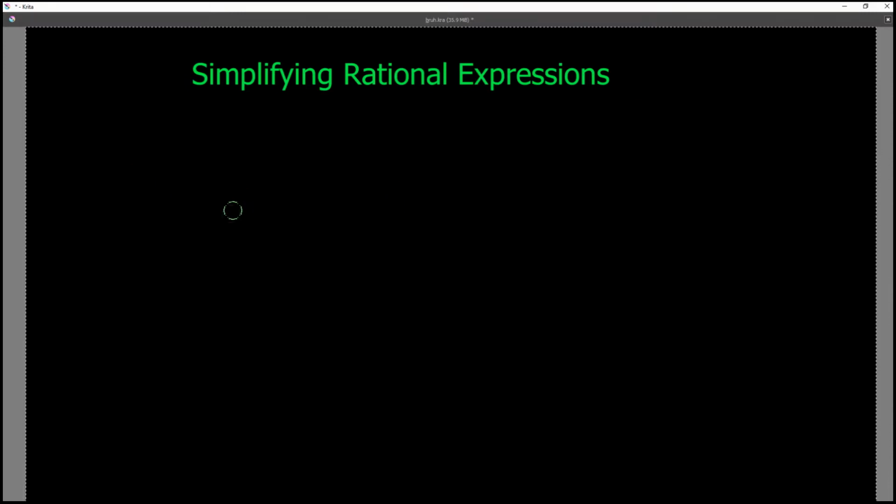All right, so today we're talking about rational expressions. And rational expressions, all it means is a fraction with a polynomial on top and a polynomial at the bottom. Okay, so we're going to start out with simplifying them. So I have (2x + 5) over (4x + 10). To cancel things out, to simplify them, we do the same thing as we do